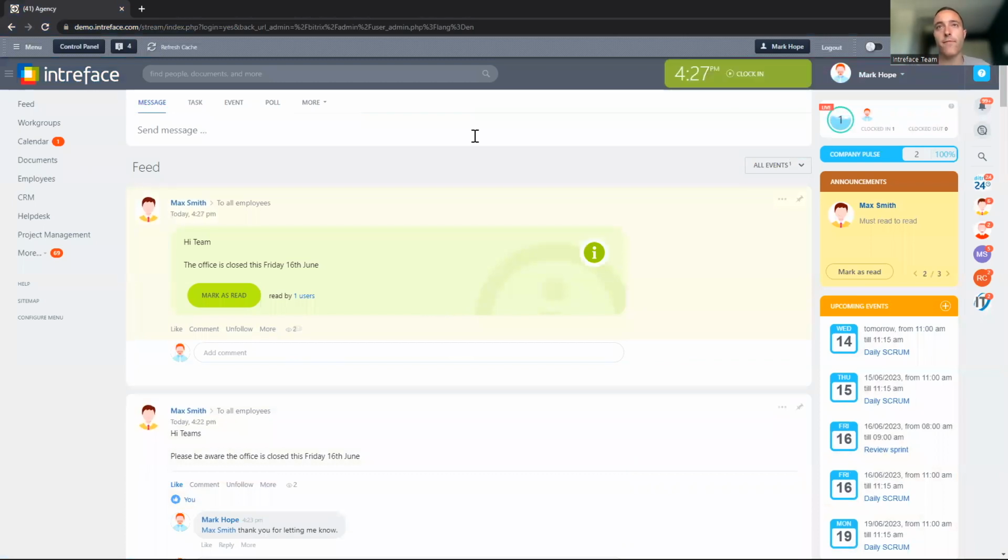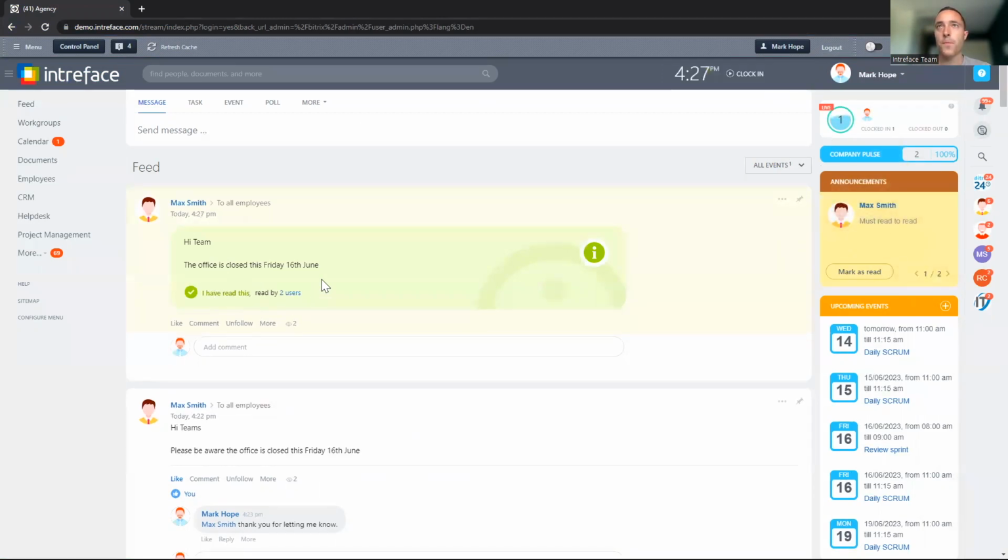So you can see here the difference between the two. So this was just a normal message that we sent out here, and this is an announcement. Okay, so the announcement gets pinned here to the widget on the right hand side, and you can see here the green button where we have to force the user to mark that they have read that message. So I can click that now, and now we can see two users have marked that they have acknowledged that